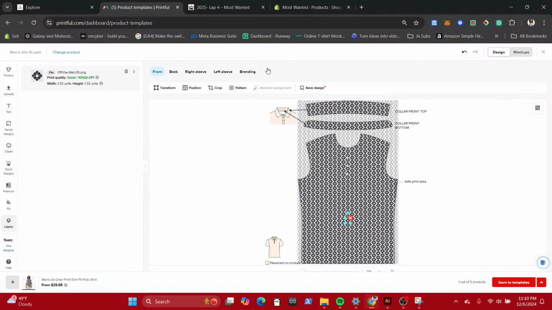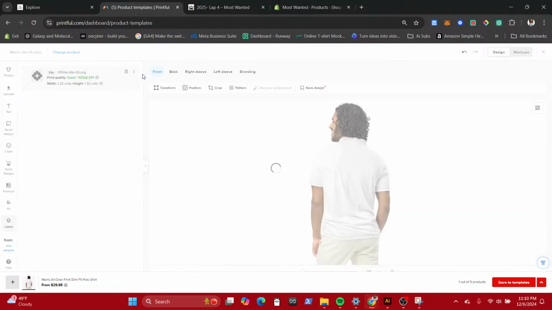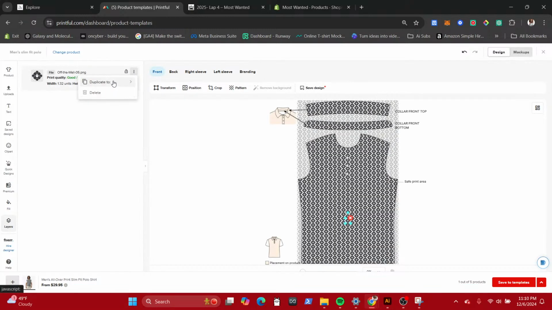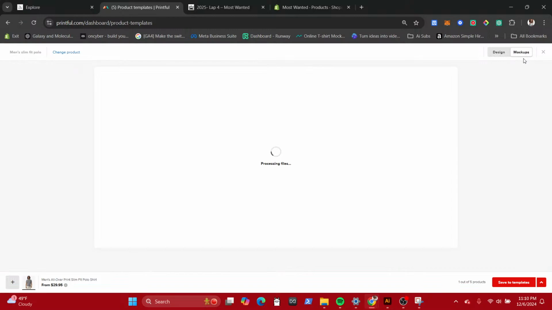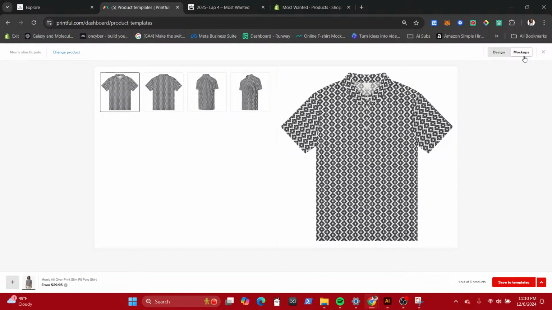duplicate to all. And these are gonna be more like casual shirts. I'm not gonna lie to you. Duplicate to all. Gotta make sure it actually loads it. Cool. I like it.